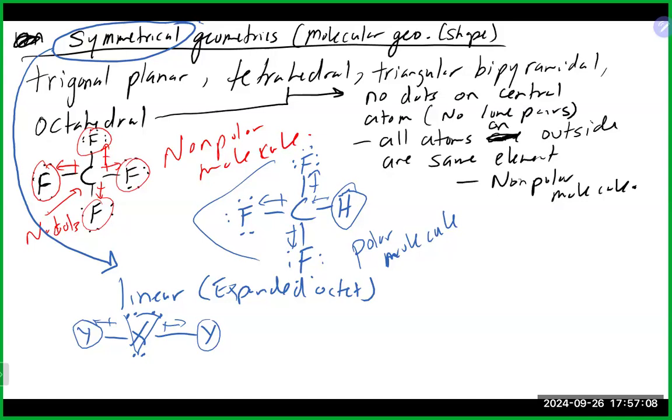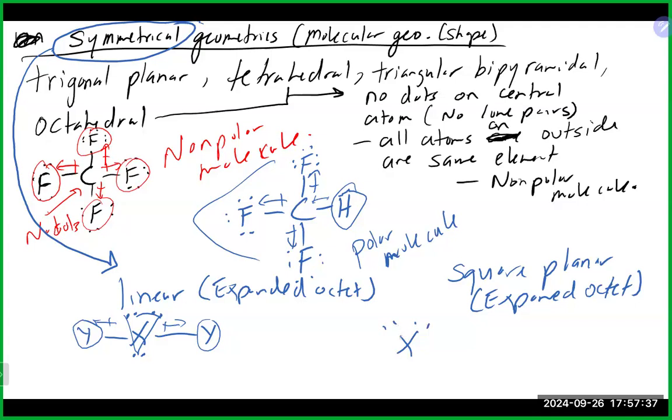The other exception where you could have dots on the central atom and still be nonpolar is our square planar. That's also our expanded octet. And that looks something like this. Why? And that is because, frankly, you make a square,